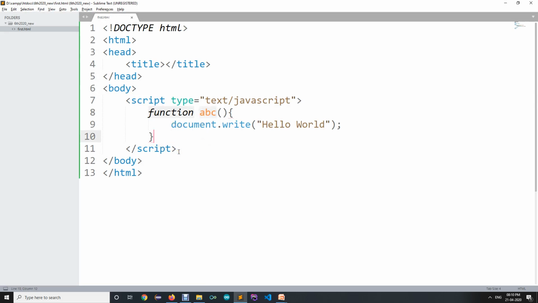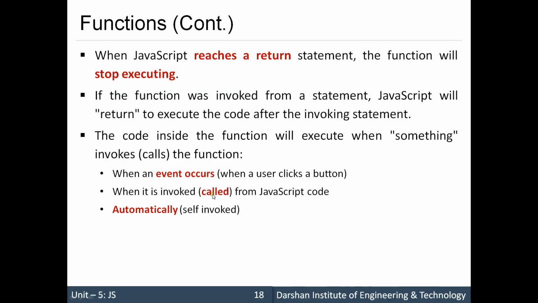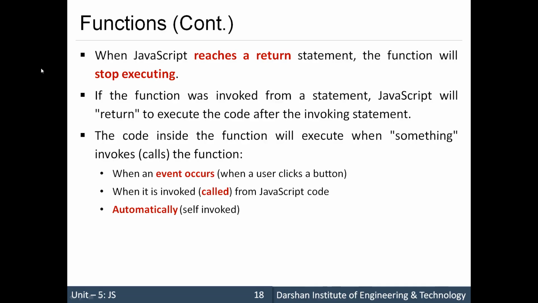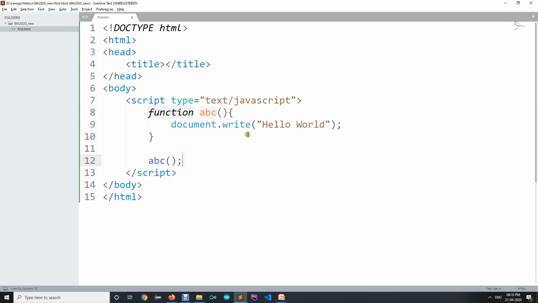Ready? So there are three different ways. As I said, we can simply make a call from JavaScript to this particular function. This is the second technique, as we have seen here. Invoke from the JavaScript code, then it will print hello world. Or some event occurs.